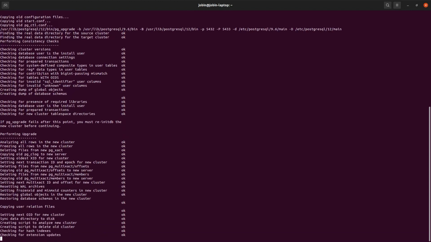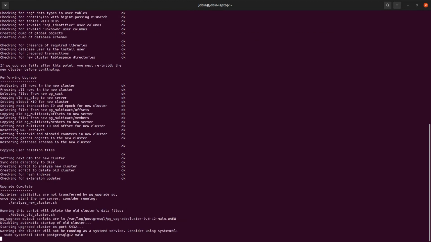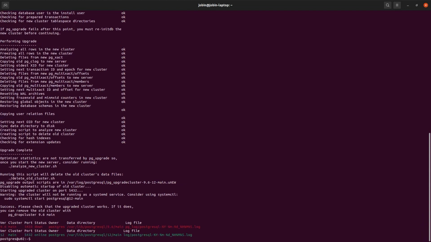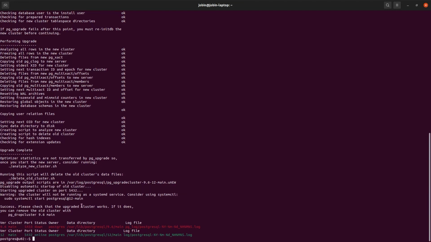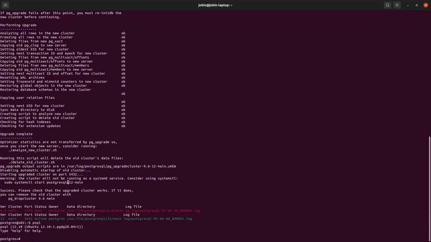It automatically creates a new cluster and does the upgrade, and as we can see, it disables the old cluster and starts the new cluster on the previous port, which is 5432. Okay, so if we connect, we'll be connecting to the Postgres 12 version,